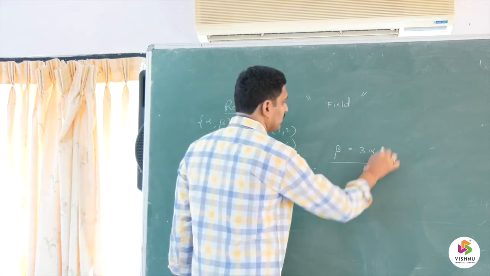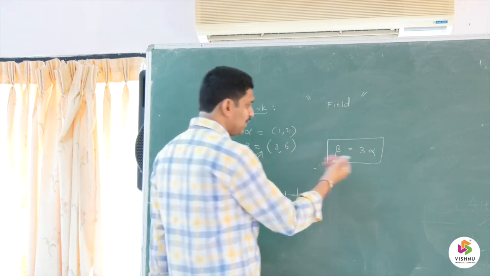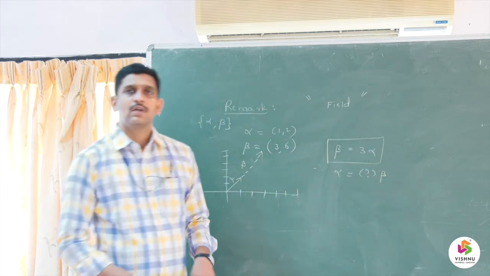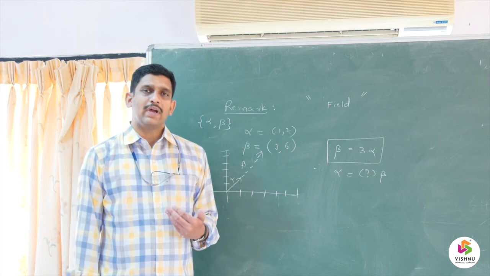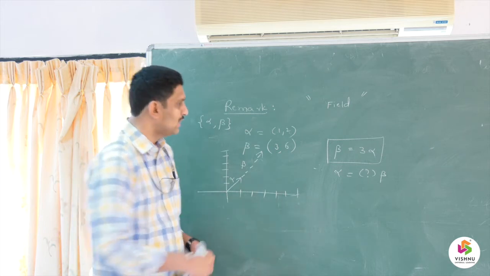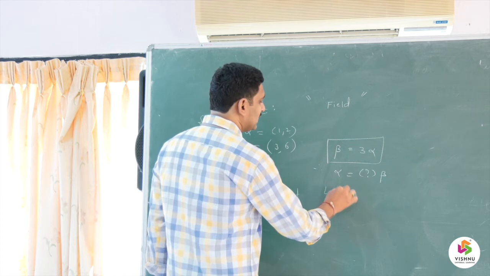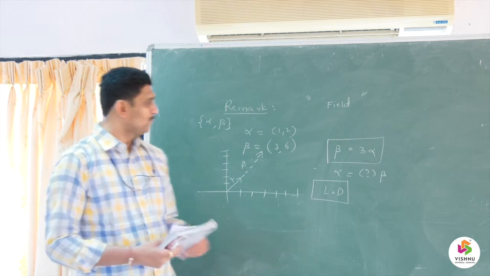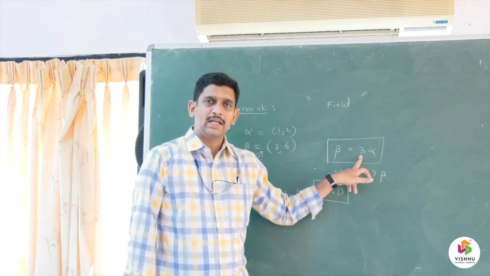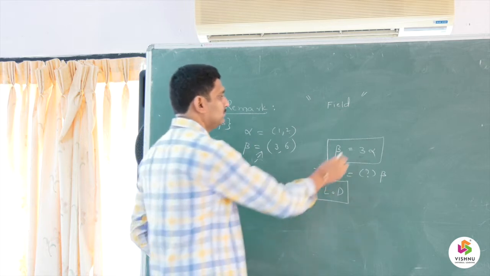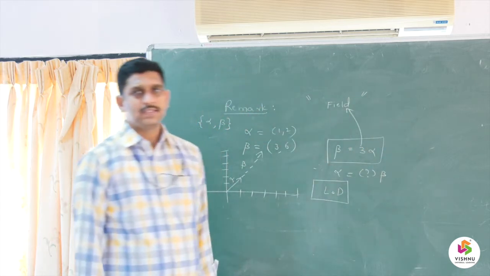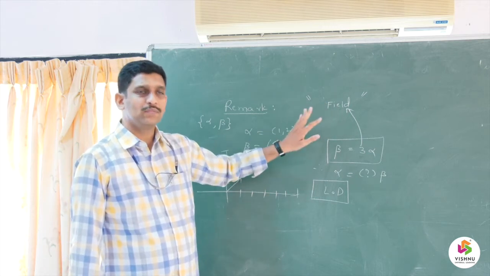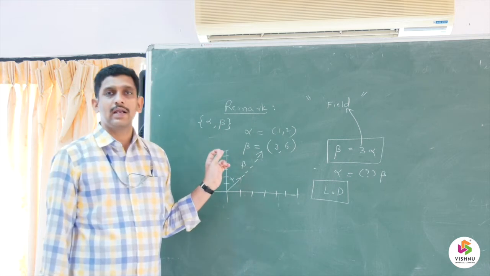Therefore, whenever this is possible, or you can say alpha is equal to some number into beta, you can take either situation. So our interest is to represent one vector as a multiple of the other vector. Then immediately we conclude that the set is linearly dependent. Here the important point is that the scalar you have obtained must belong to the field. This is most important. So depending upon the field only, we confirm whether it is linearly dependent or linearly